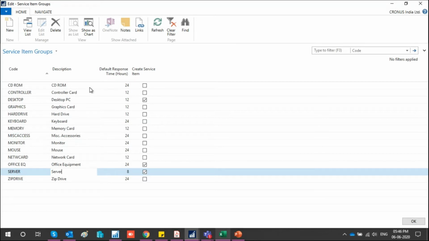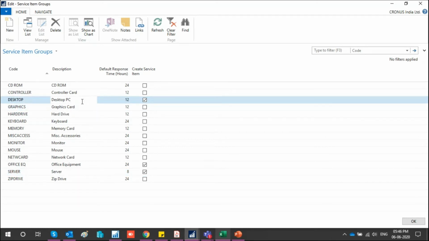Now when I talk about service item, it just simply means the service which I'm going to perform. If I have, let's say in NAV, a bicycle, similarly a bicycle service item will also be there. It is not an item, it is just a service item, hence no inventory and nothing. Just to make sure that I'm putting a service on some item, you have to create a service item.